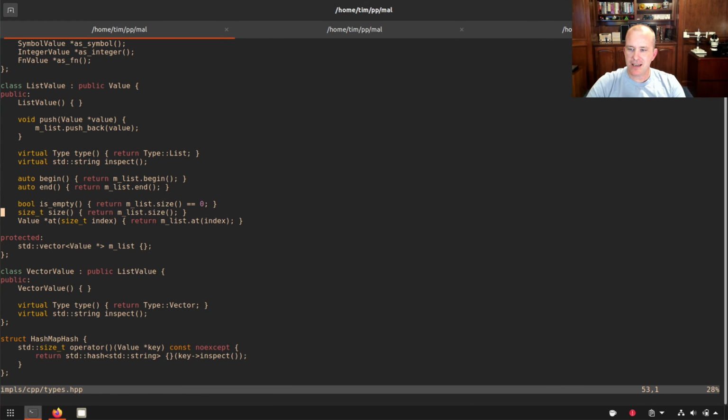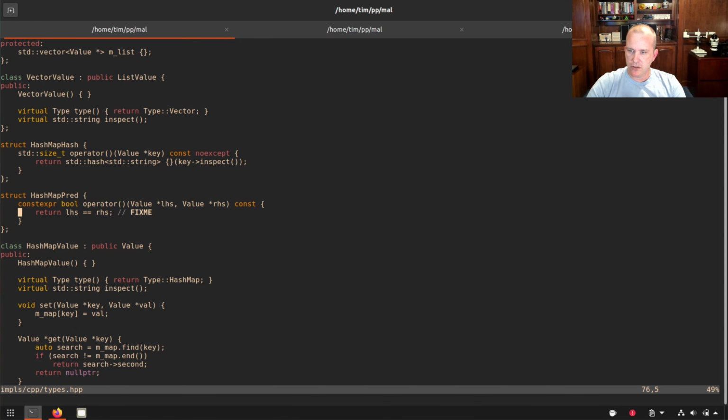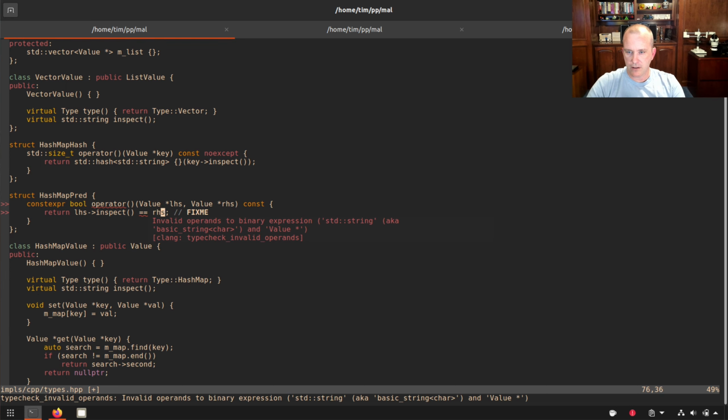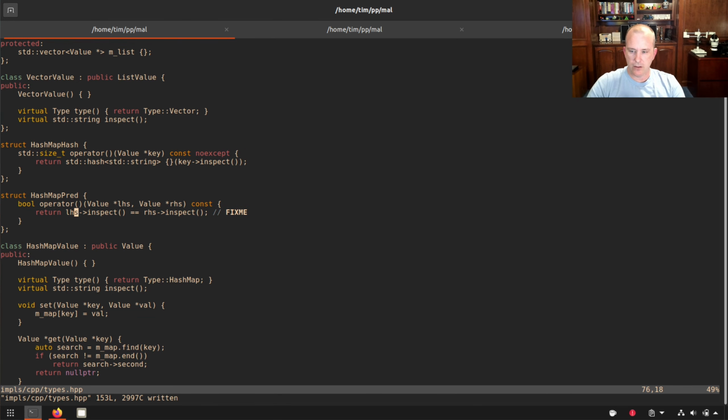Ooh. I think I know what the problem is. Hash map pred right here, where it compares the two keys to see if they are equal. I put a big old fix me here, but I never went back and fixed it. So I'm gonna cheat. I'm gonna leave the fix me. I'm not actually gonna fix it yet because we don't have equality. But I'm just gonna do if the two strings are equal, and that means this can't be const expr anymore. Okay, so